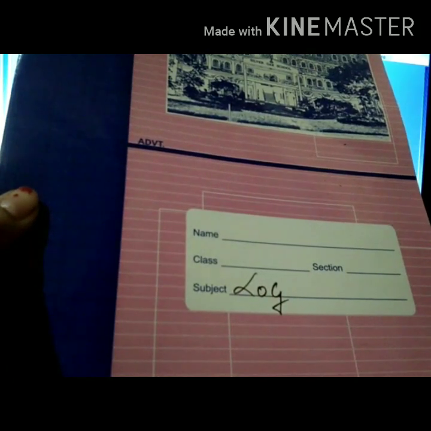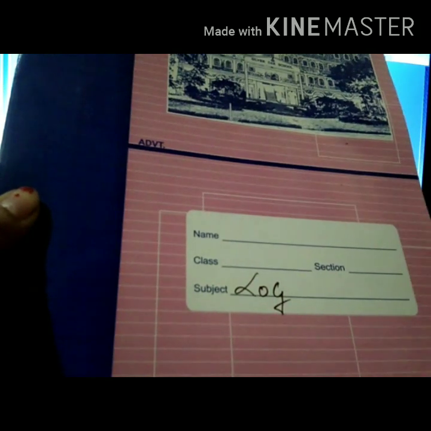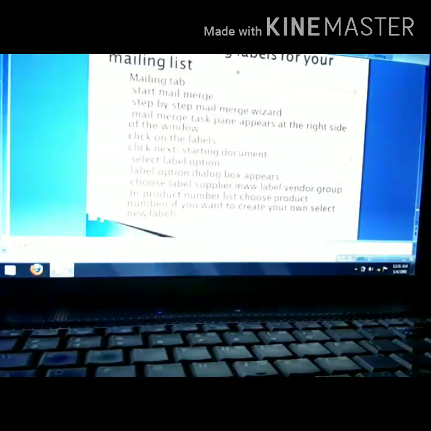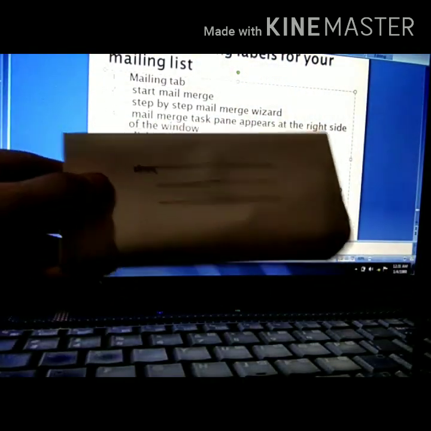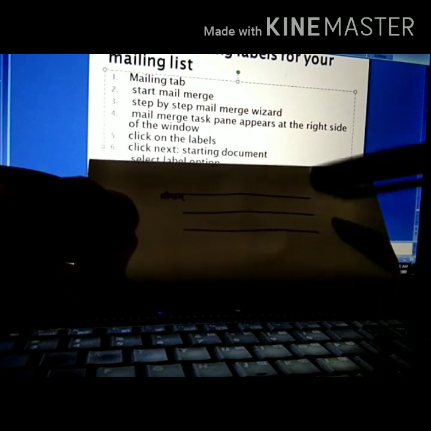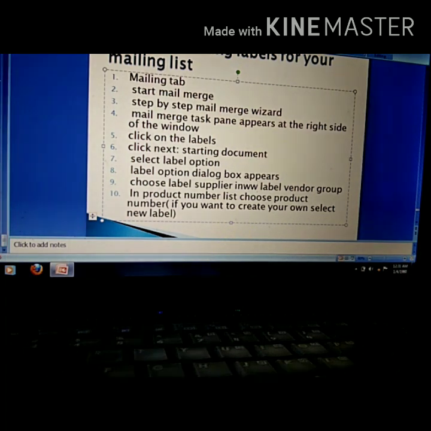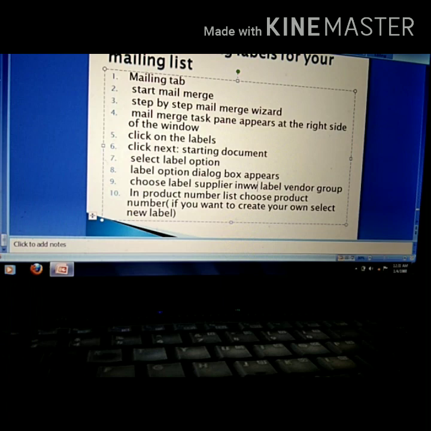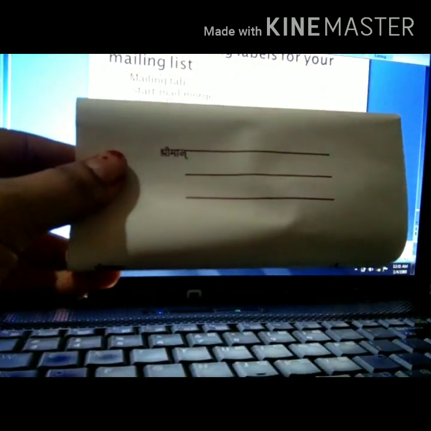Ma'am, is there any option available, since my data source is ready, that I want to make these slips? Is there any option available in MS Word by which we can create these labels? I have created my invitation card, ma'am, and I don't have time to fill in the entries individually by pen. I want to make it presentable also. Is there any option that will give me those slips so that I can take a printout of those slips and paste them here?